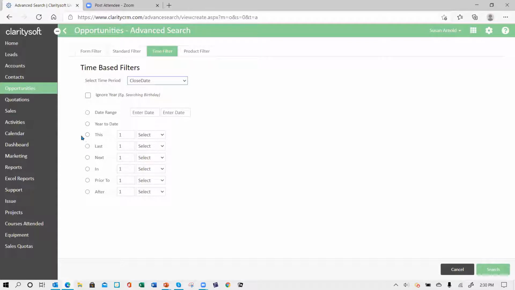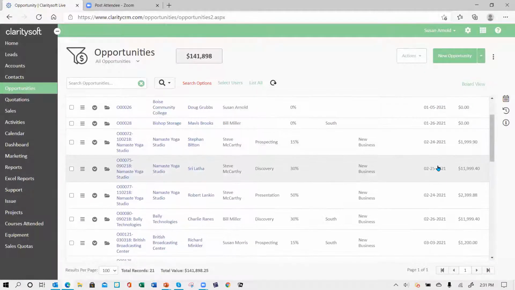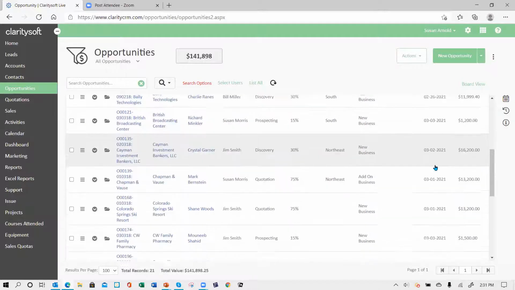So that would be down here, this one quarter. Okay, so this quarter would be January, February, March. So I should get a list of opportunities that have a close date of January, February, and March. So let's see. So here's our close date, January, February,